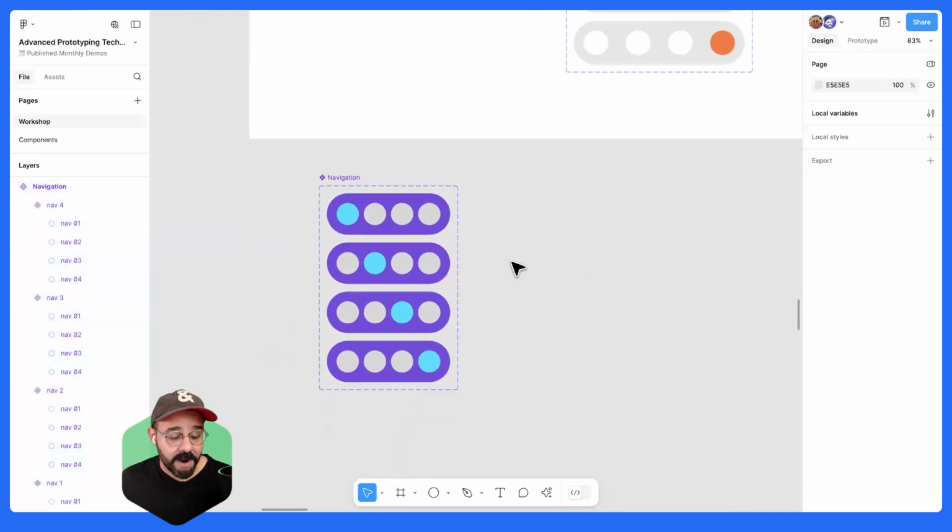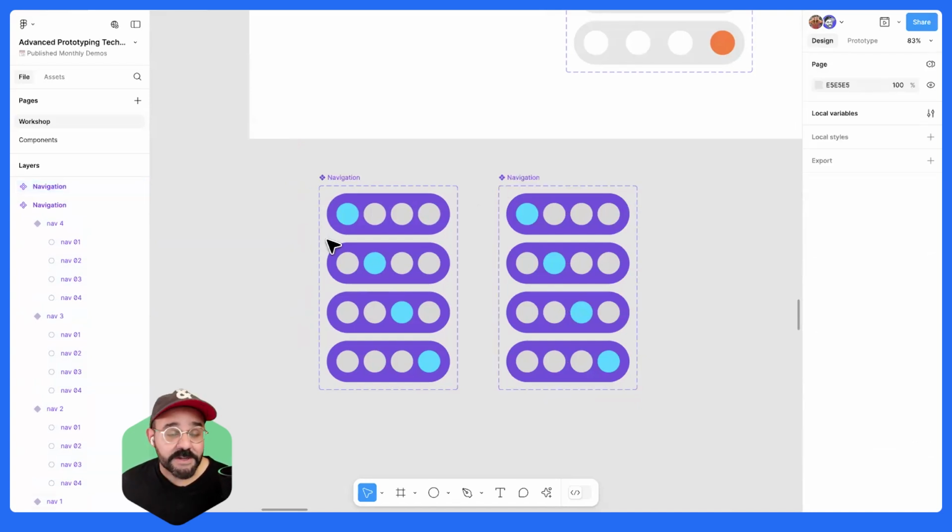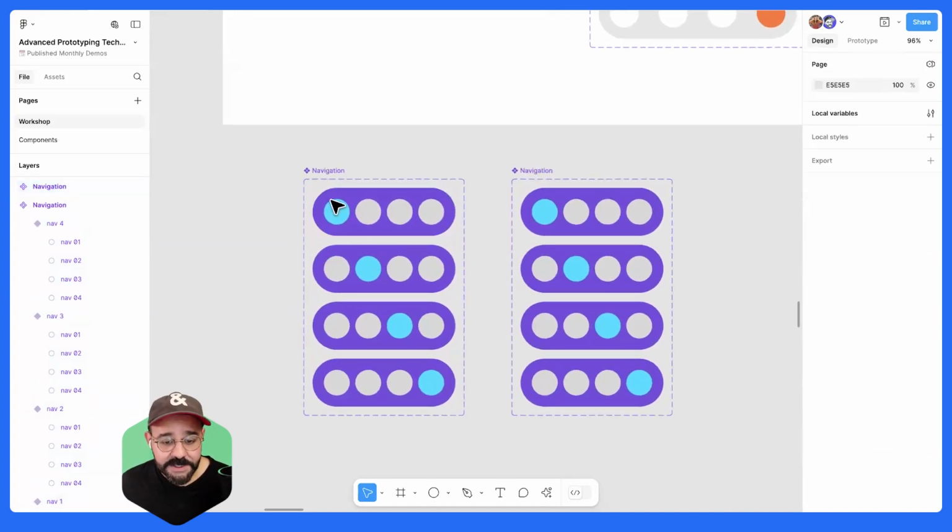Now comes the fun part. We're going to create this as an interactive component. So when we click on each of these buttons, it goes to the respective one. I'm going to duplicate this here because I'm going to show you how I do this twice. It's going to have a really cool shortcut that's going to allow you to prototype this very, very fast. So I'll do it once and then I'll do it again. So right here,